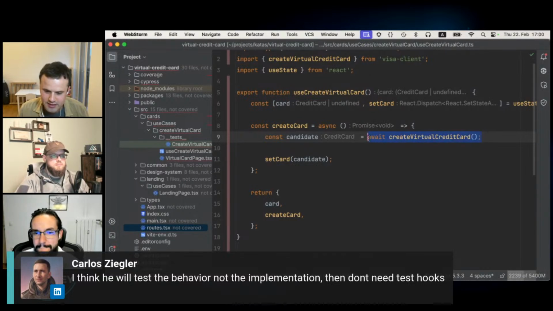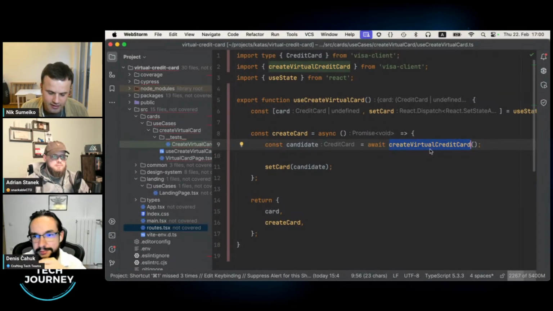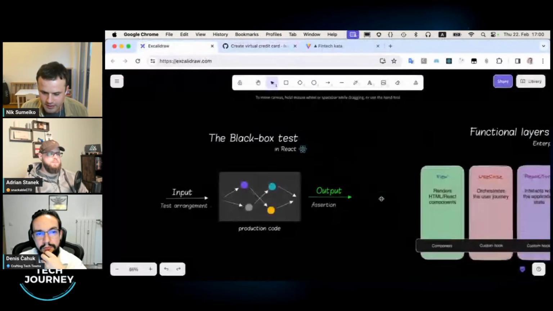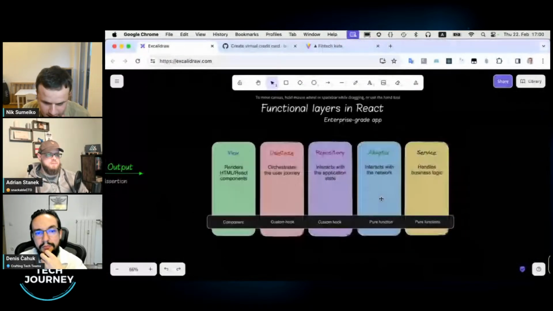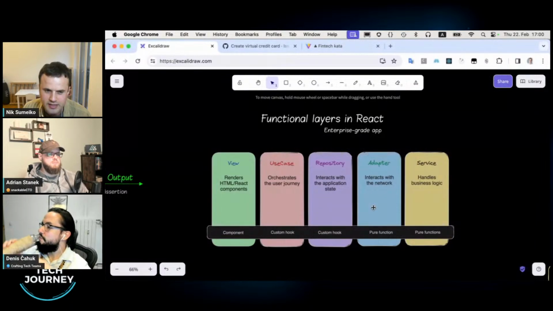All right, this is business logic, and I know that this business logic is interacting with my SDK, with the outside world. So actually, if we look back to our layers here, that business logic looks exactly like the adapter because it interacts with the outside world, with an API, with a network, with an SDK, with some side effect that we don't have ownership of.